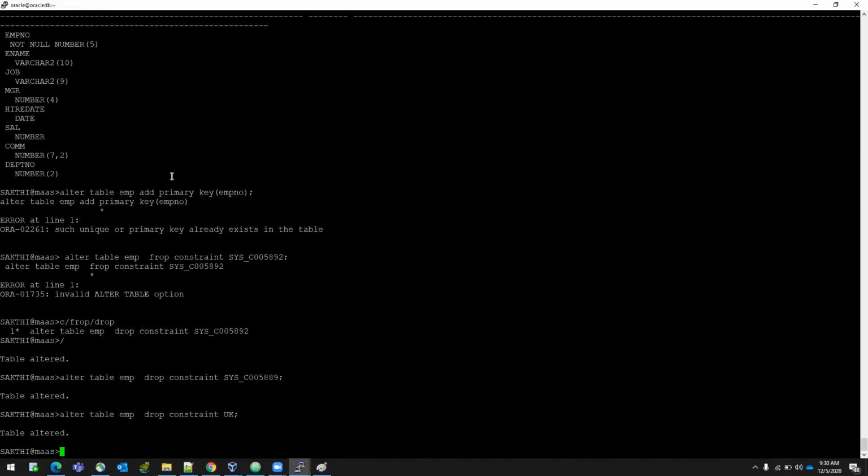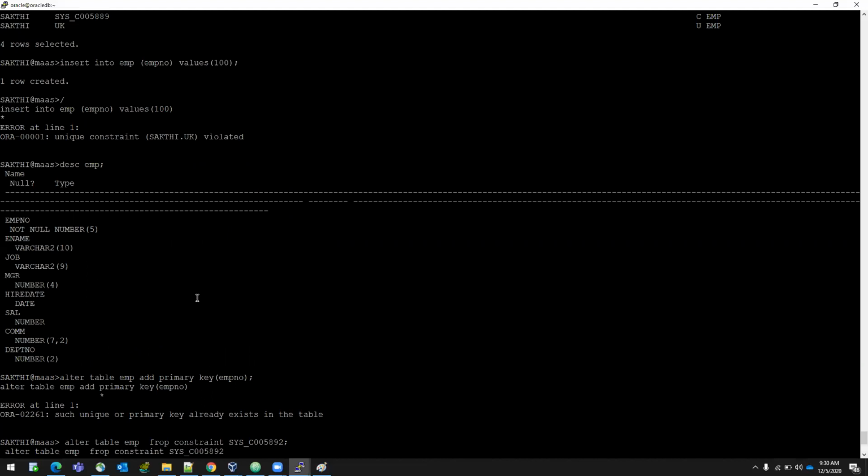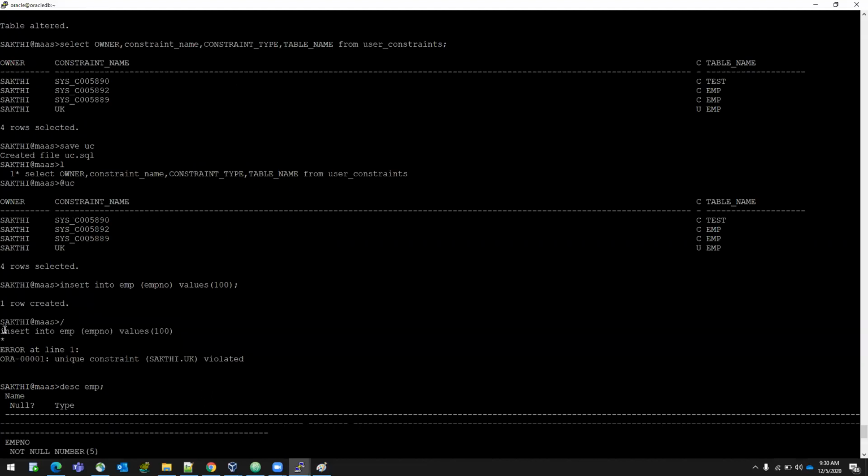Do the same thing, it will work. See? You have added a primary key for this. Now you can't insert null as well as primary key. Okay, see here, null. I'm going to insert the same data. First I'm going to insert